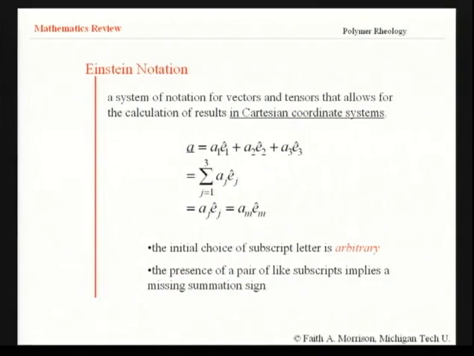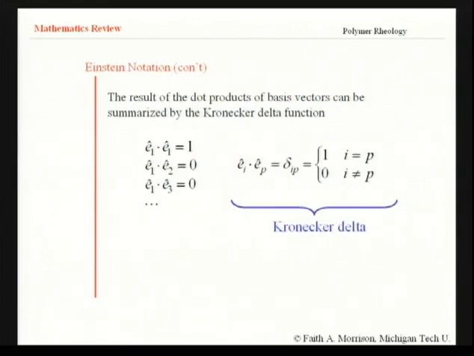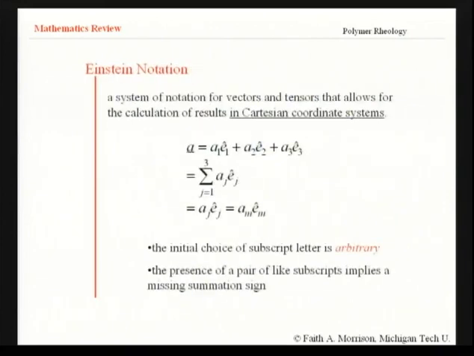Skipping ahead to the Einstein form of a vector A, this is very familiar to us. We can write it as the summation from 1 to 3, or leaving the summation out, as just the repeated indices: A sub j, E sub j, or A sub m, E sub m. That's the Einstein notation, and the key thing is how to use that in doing dot products. It works with dot products because these are an expression for use in